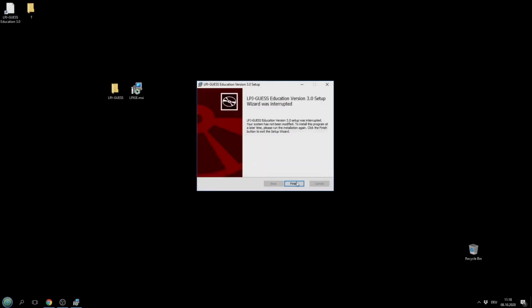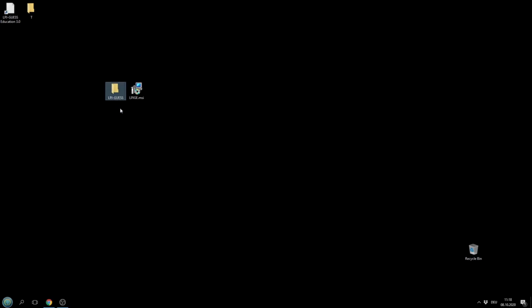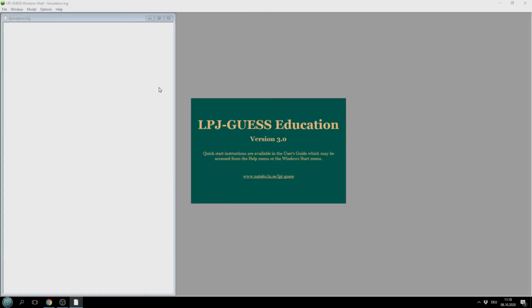I highly recommend creating a folder called LPJ-GUESS where you will save your input and output, and once you did this we can start already. You can also see that this icon over here is not very nice. It seems to be missing some link over here, but once it installs we can just start it, and this is how